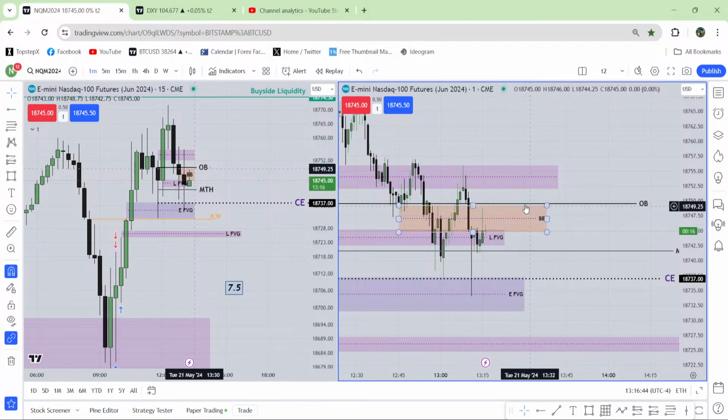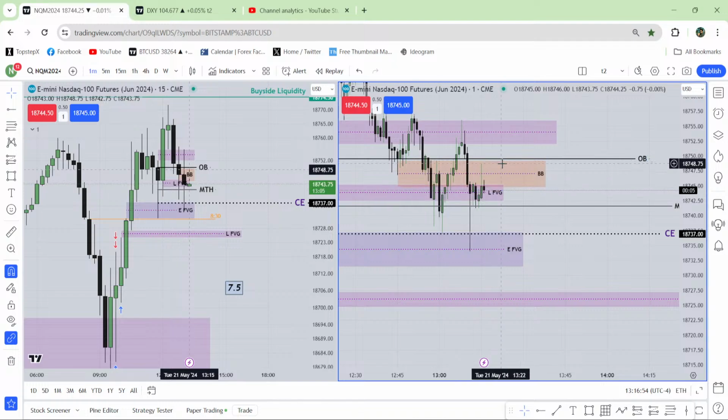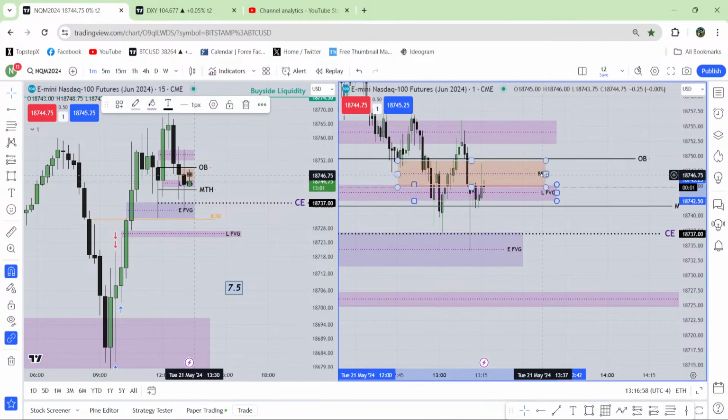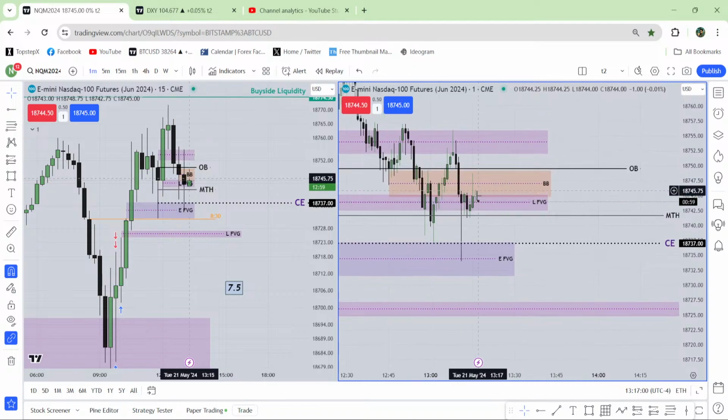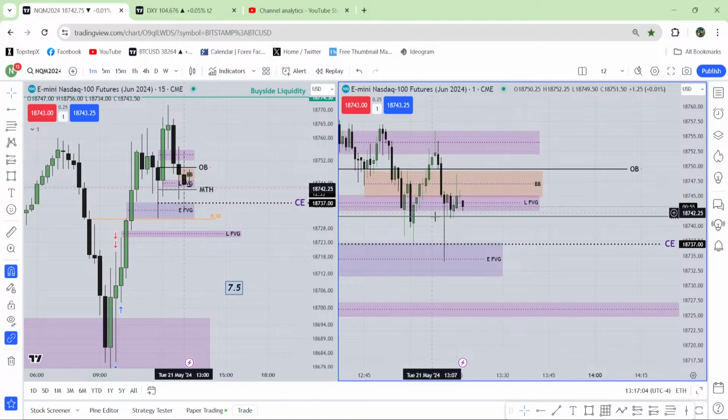If you want to wait for the market structure shift, wait for that. Wait for a perfect market structure shift. If you get a perfect market structure shift, go for the buy. If you're thinking the market is going to fall and you would love to take a sell, you can go for that as well. I have no objection to that. But if you are looking for a buy and want to take the perfect buy, just wait for a market structure shift. Market structure shift, fair value gap, immediate reaction, take the buy.